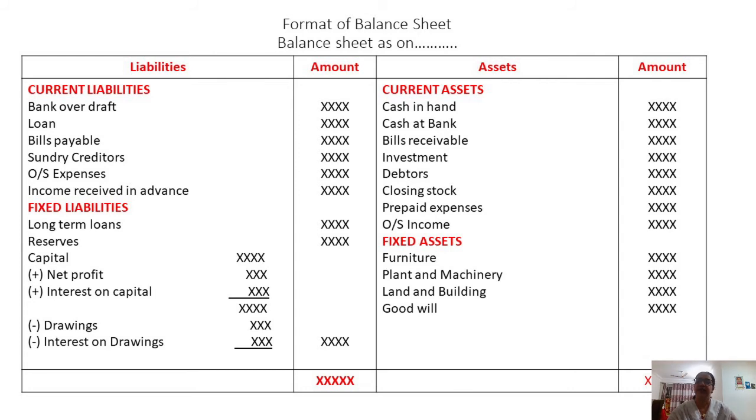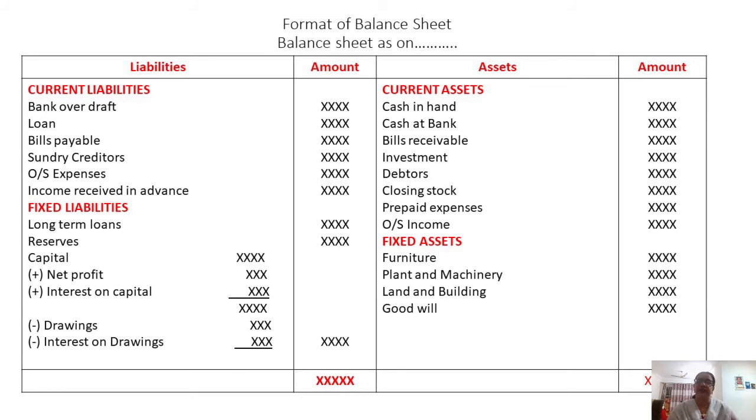That is taken in the amount column. Then reserves. Reserves means the amount which is kept aside from your profit for future contingencies. For future happenings, you are saving some amount. You are keeping some amount in reserve out of your profit. That is a reserve. It is a liability, though it belongs to the proprietor of the business. And for business it is a liability because whenever the proprietor demands this amount, the business needs to repay this, that is why it is a liability.